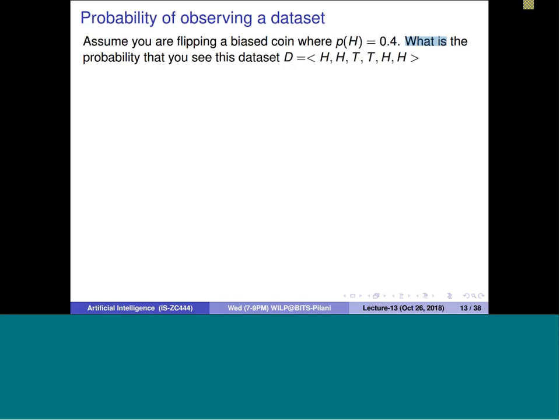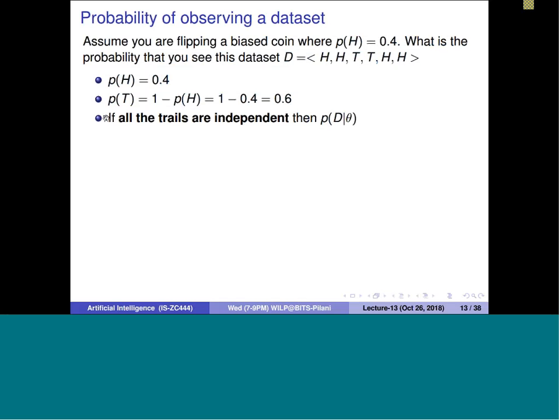Now, what is the probability that you see this data? Head, head, tail, tail, head, head. What is the probability of getting this? Probability of head is 0.5. Probability of tail is 0.6. Okay, you know this formula. And if all the